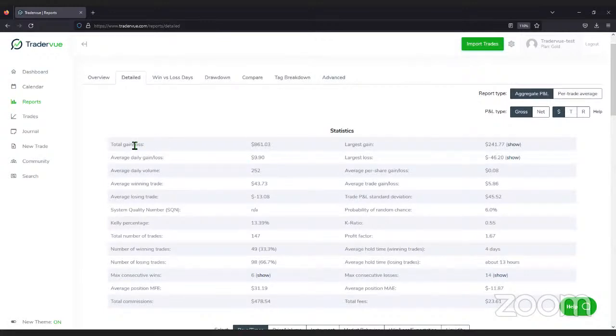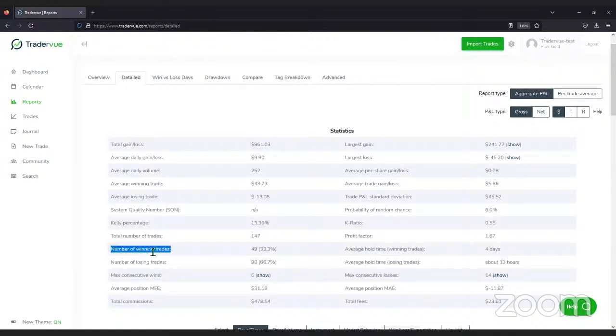So here you can get information such as total gain loss, average daily gain loss, average daily volume. So I'll tell you my personal favorite when it comes to the statistics. When somebody shares their Tradervue information with me, what I usually like to see is, of course, total gain loss, but also I want to see average winning trade, average